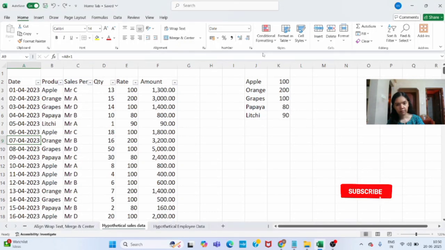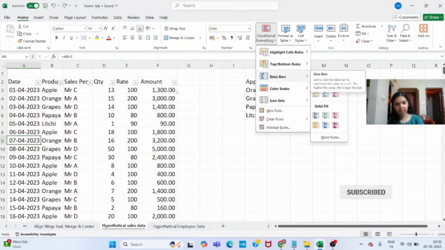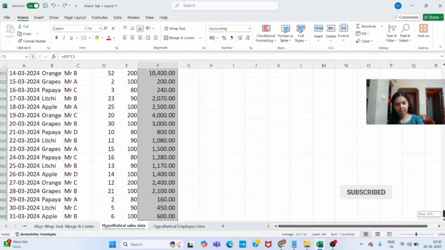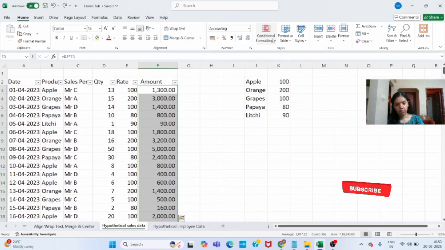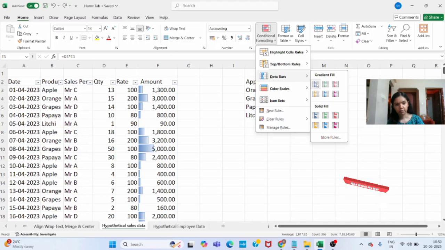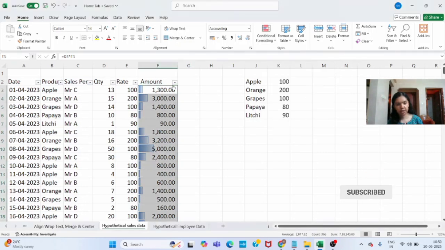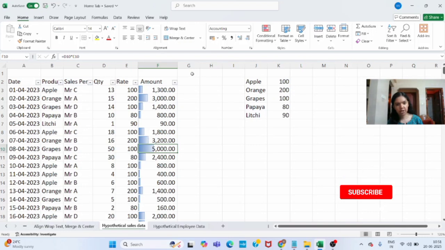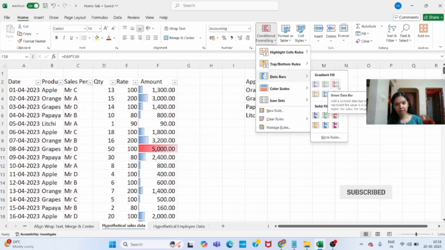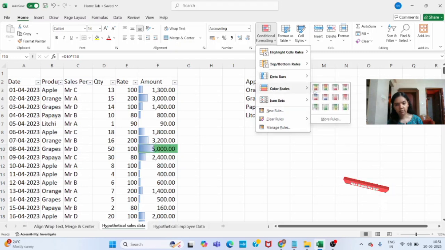And then we have the data bars here. So now in this amount column, I've just selected the data here. And again I'll come to this conditional formatting and I'll select this data bars. So we can see here, if I select this first bar for example, the amount which is high has a bigger bar. See this rupees 5,000, this bar is the longest bar. So same way we can use data bar option. And also here you can change the bar colors as well. So there are different colors available.